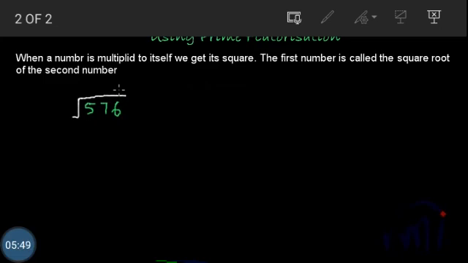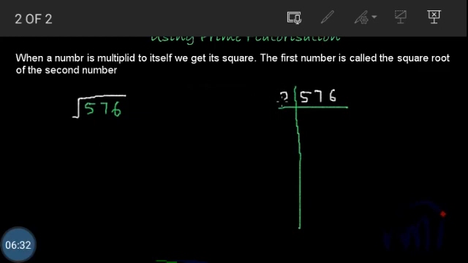And this method is called the prime factorization method, right? So what I am going to do is I am going to take 576. This is the number for which we need to find the square root. So I am going to find prime factors of this number. First we draw a vertical line, and then we draw a horizontal line, right? And then we check for its divisibility, right? And we try to find the smallest possible prime number by which it is divisible. So first we have to check with 2. And the number 576 has 6 at its units place, which is an even number, so it will be divisible by 2.